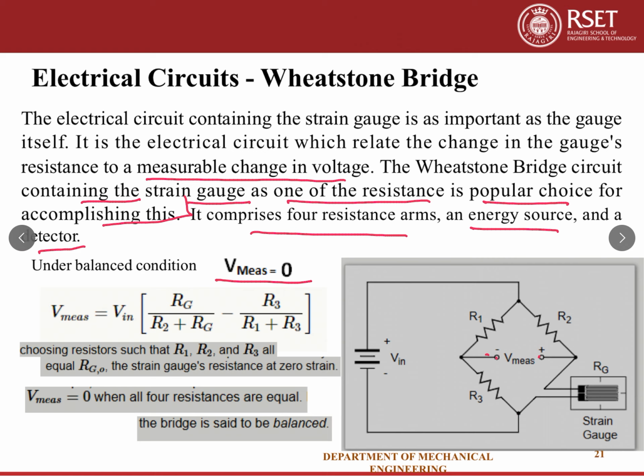R2 plus Rg is the total resistance. V in divided by R2 plus Rg gives the current across the circuit, so the current across here is equal to V in divided by R2 plus Rg,